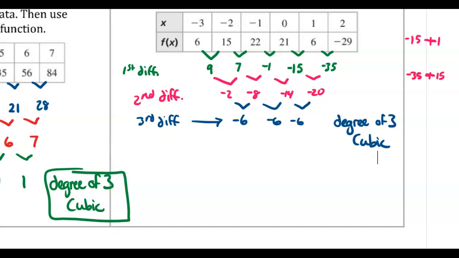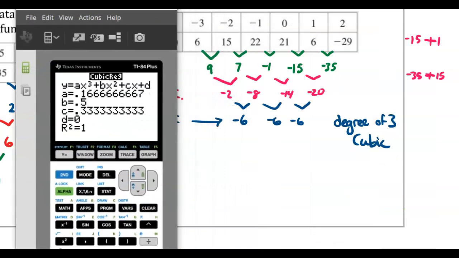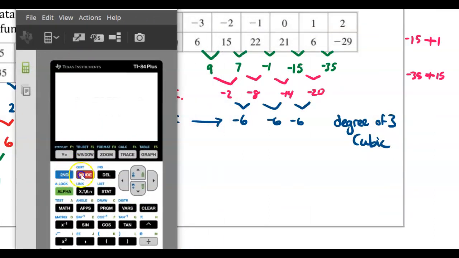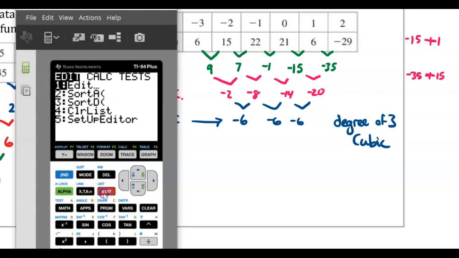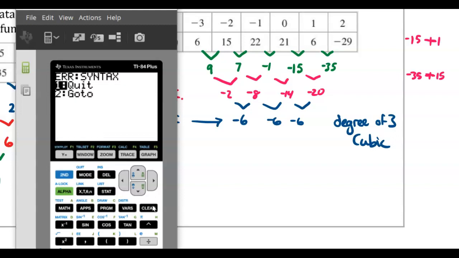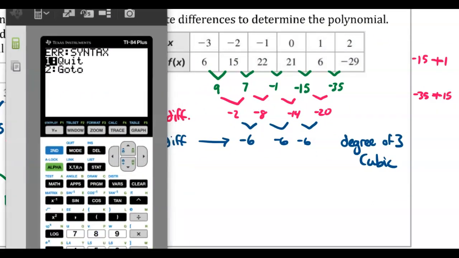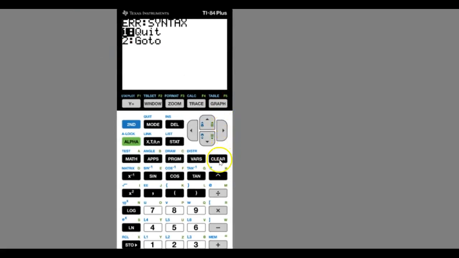And then remember what I do from there is I go back to my calculator, move it over here so we can see. Anytime you want to get out of a screen, do second quit. Okay, I'm going to go to stat, and I'm going to hit enter on edit. To clear L2, I'm going to go up to L2 and hit clear enter. To clear L1, I'm going to go up to L1 and hit clear enter. And I'm going to type in my list. So my X values are going to be